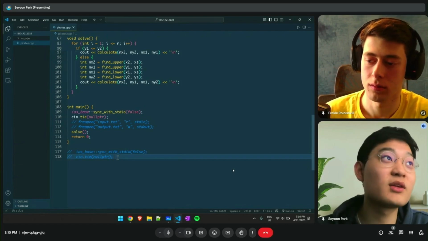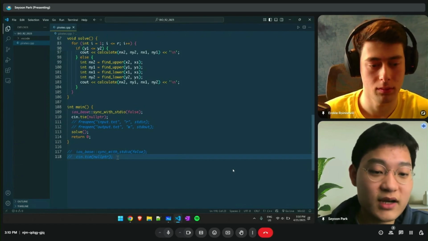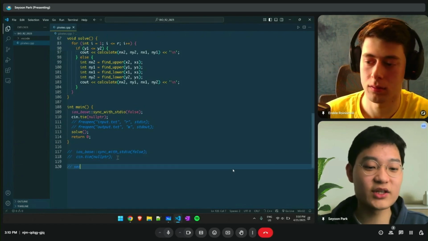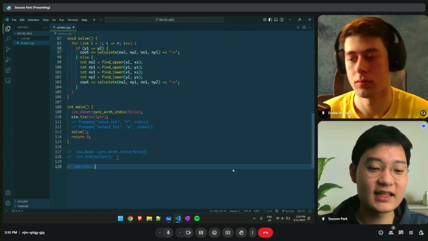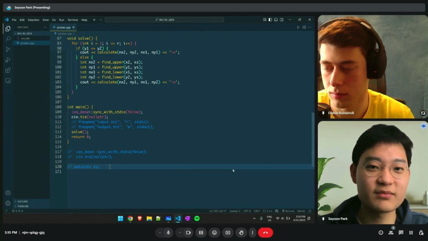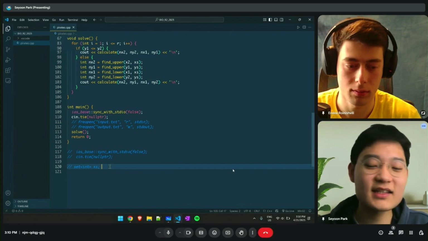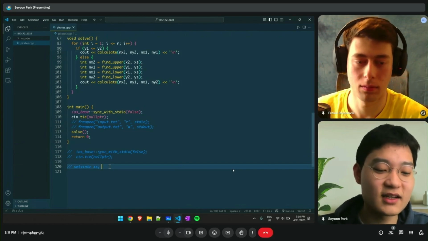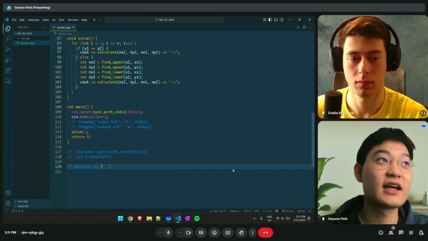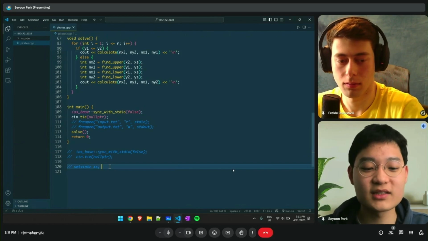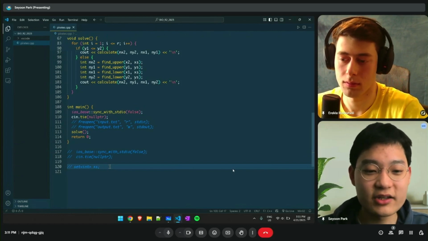The other one was that when compressing the coordinates, they were using sets and inserting into the set after each input, which is technically the same time complexity, but it's a lot slower than inserting everything into a vector, sorting it, and then removing the duplicates, because sets are quite slow.